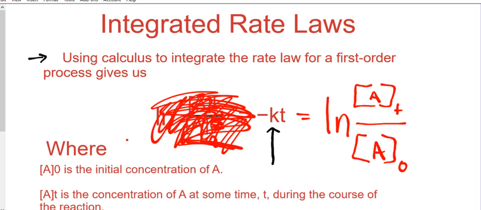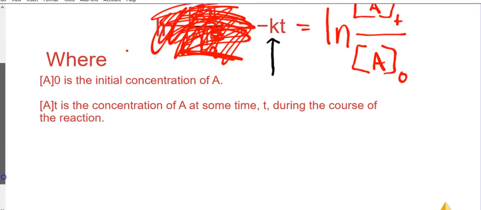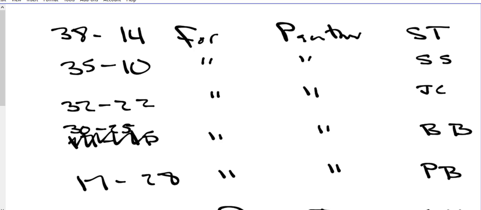Oh, all right, yeah, that's true. The integrated rate law. We had negative kt equals ln of At over A naught, and we said it was all those parts. All right. That makes sense. Now,